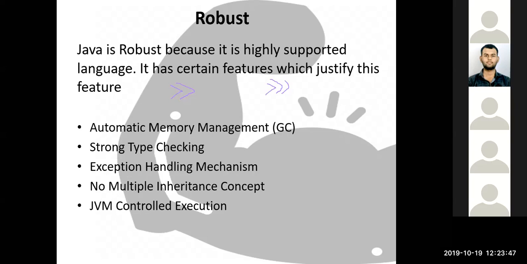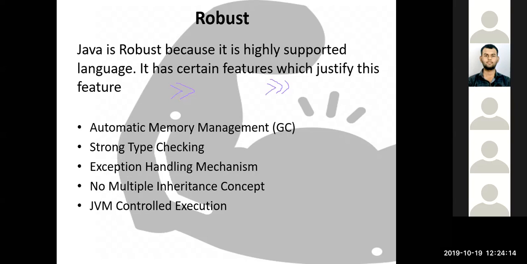Whereas Java specifically asks you to define a particular exact type which it should take into that if condition. If you don't provide that, it doesn't compile your code. So those kinds of things Java bounds you to write. Otherwise, it will not allow you to compile your code. And